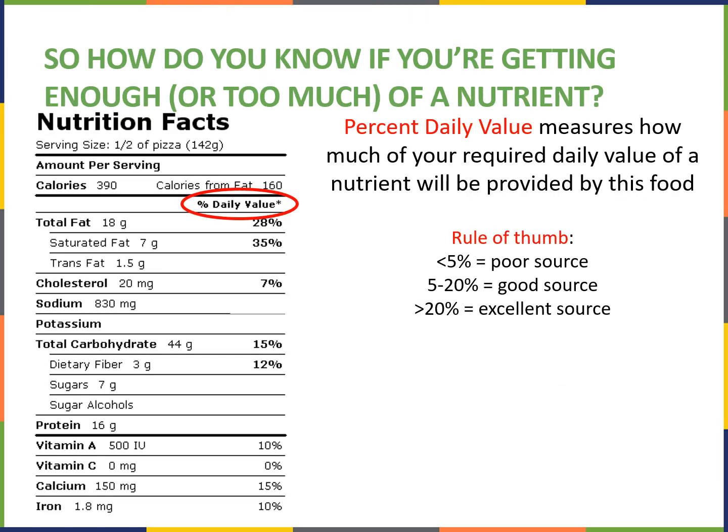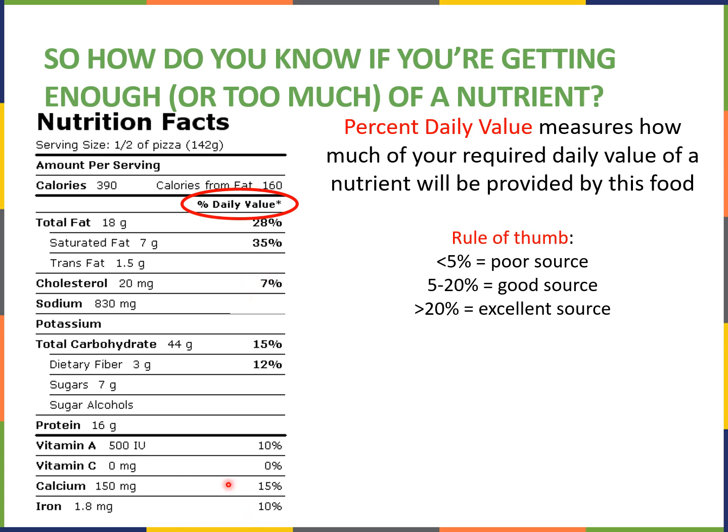So how do you actually know if you're getting enough or too much of a nutrient? Percent daily value measures how much of your required daily value of a nutrient is provided by that food. As a good rule of thumb, if it's less than 5%, it's a pretty poor source of that daily value, right? So for this pizza, let's say,